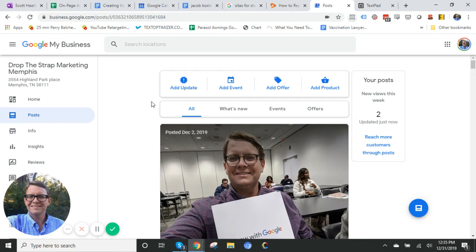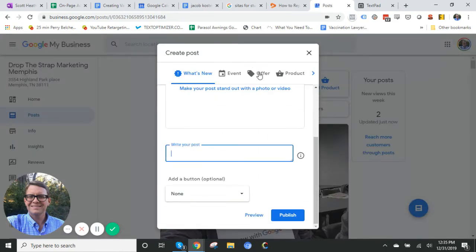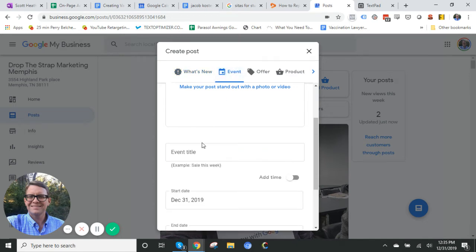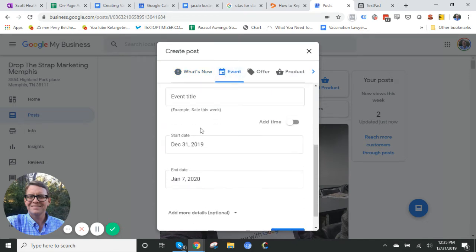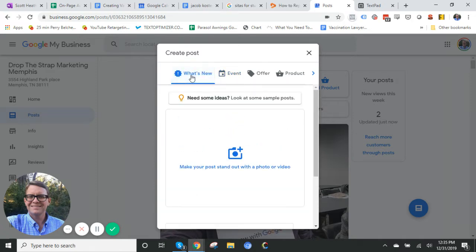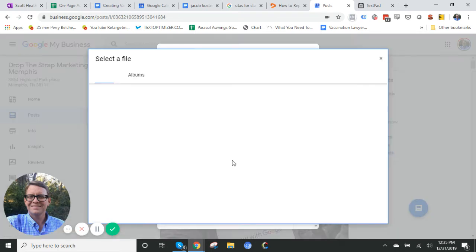For this one, we're just going to do an update. There are different types of posts, and if you select these different types, like say events, you'll notice your fields change down here based off of what type. Today, we're just doing a new update. So let's come in here,